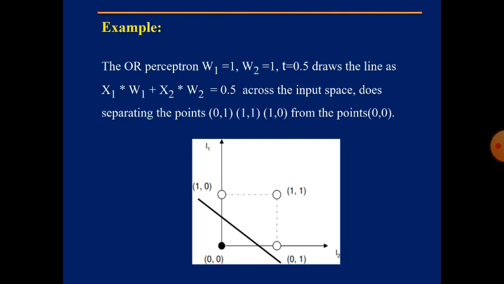So here we have drawn a straight line which is separating 1, 0, 1, 1, 0, 1 from 0, 0. It is separating the values which are above the threshold value from the values below the threshold value with a straight line. That means we are separating the values which fire and which do not fire. This is what we have discussed, and this is what the author is telling.